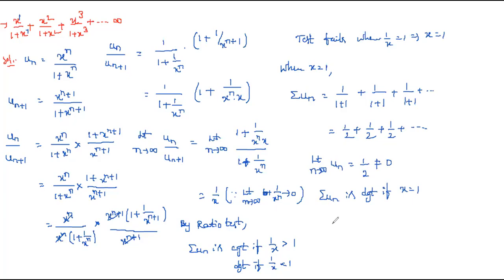So therefore the given series is convergent if 1 by x is greater than 1. So 1 by x greater than 1 is simply x less than 1, and divergent if 1 by x is less than or equal to 1. So that is nothing but x greater than or equal to 1. x greater than or equal to 1 and x less than